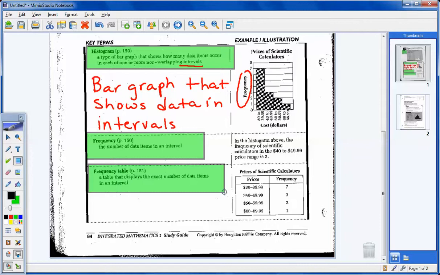7 of them, right? How many are in the $40 range? How many are in the $50 range? How many are in the $60 range? Frequency table just tells you how many are in each interval. All right? So,